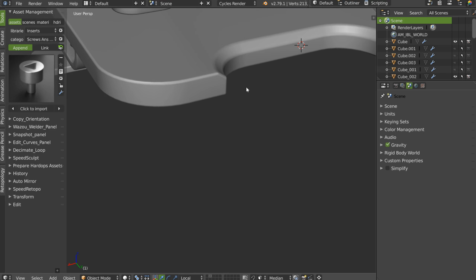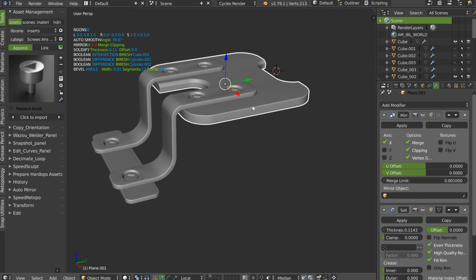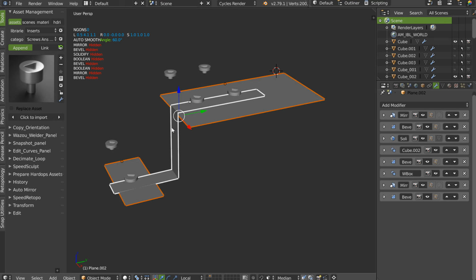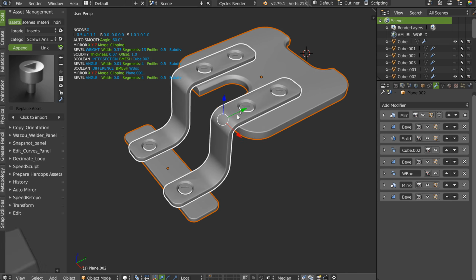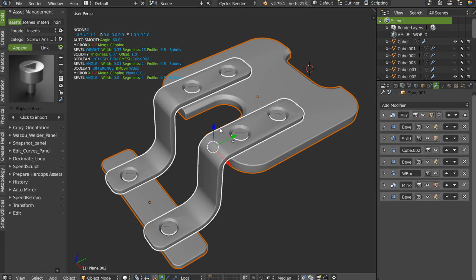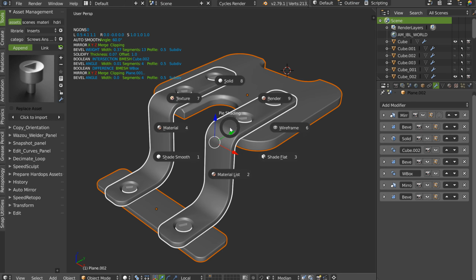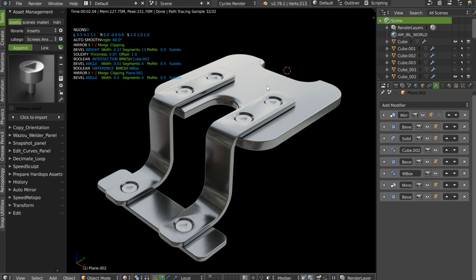I have a different bevel. This one is just a plane. If I select everything like this, Shift Q, Alt on this button, I have this result. Alt on this button, I have this result. You can also, with Shift Q, create a material. With Control Shift, you will create the same material for everything, like for all the selection. And now, if I press render, I will have this result.